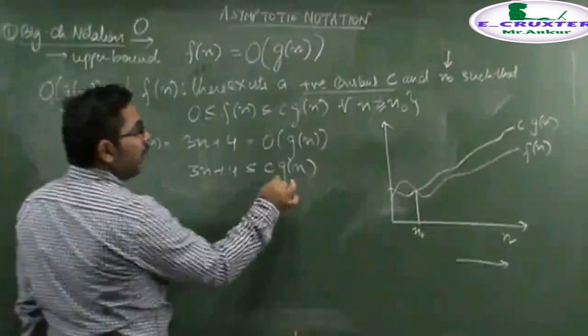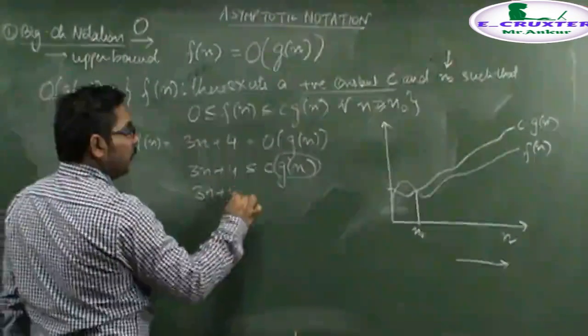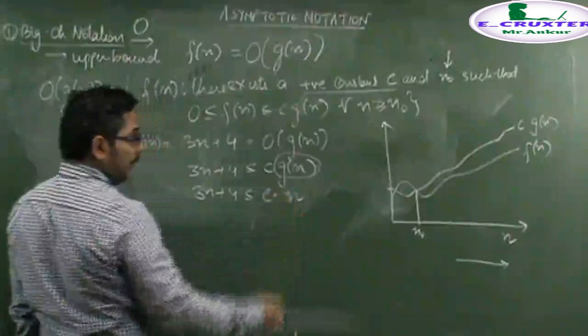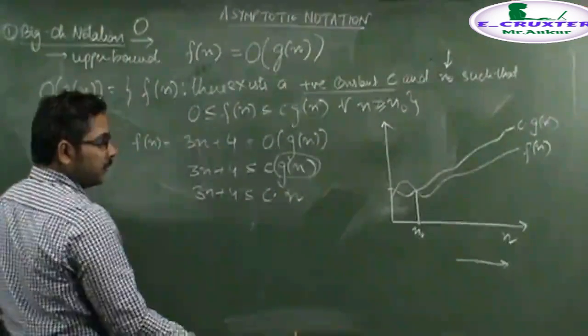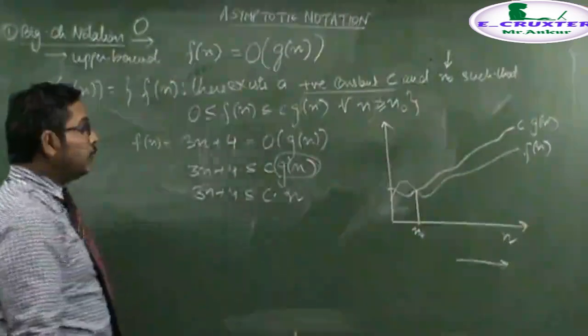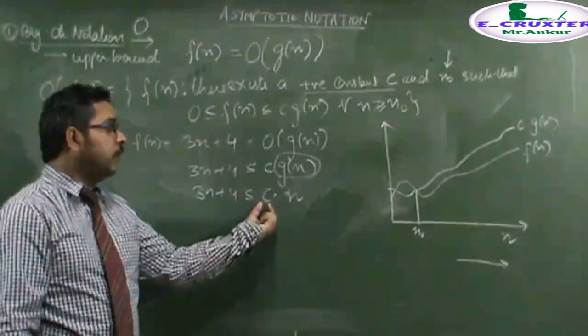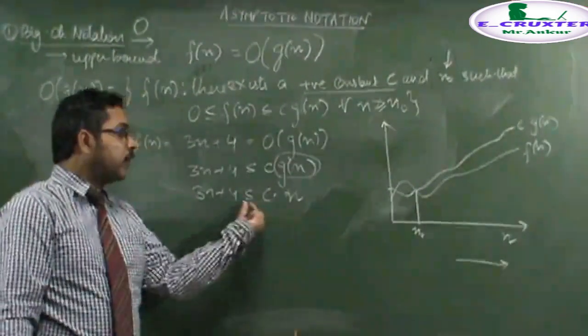Let's say if I take the g(n) function as n, then you will notice that 3n + 4 will be less than or equal to c multiplied by n, if I am taking g(n) as n. Mathematically, you notice that this is simply an inequality: you have to find the value of only c and the value of n0, for which this value is always greater than or equal to this function.